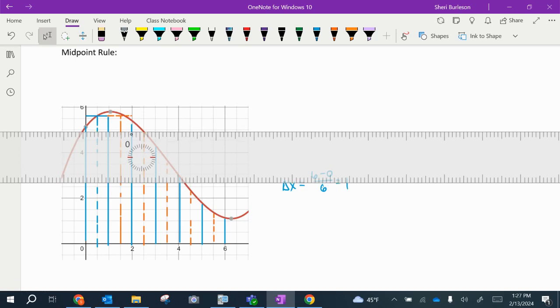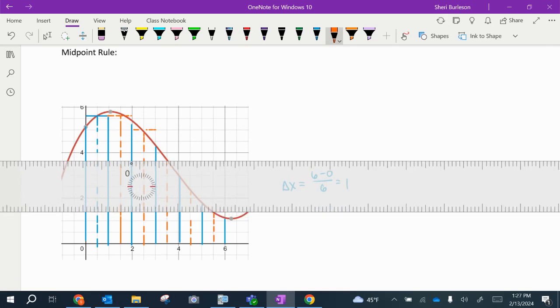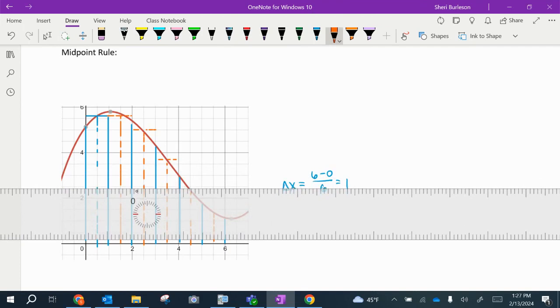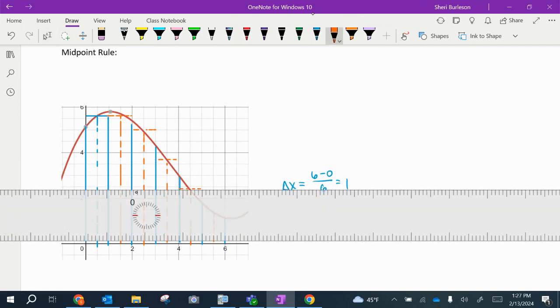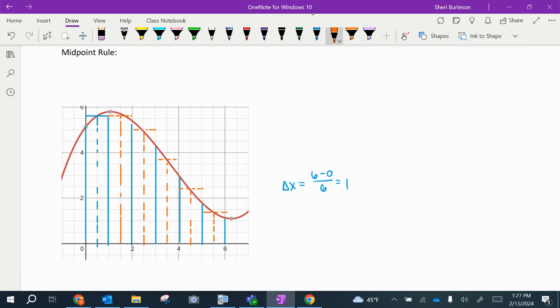Oh, this ruler is going to drive me crazy. So from the point where the midpoint reaches it, we should see that each of these is in that interval. We've got some above and some below. So my rectangle